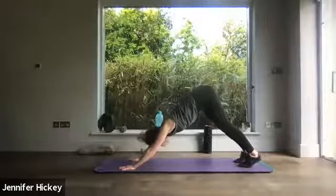Other side out. Take that leg out. Take a full breath in now. Option, bring the arms out to reach like so. Up to you how far you go, yes? That's option one. Option two, take both arms over the head, taking it slow as you reach, thinking pelvis forward,